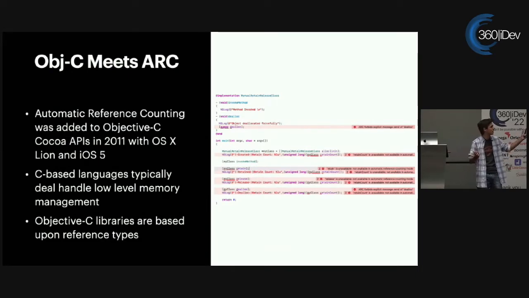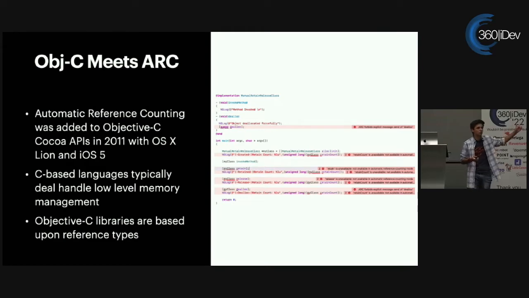See, Swift by now is still this piece within Objective-C. It hasn't really broken off yet. And when we try introducing this new Automatic Reference Counter to Objective-C, we run into some problems. You see, we are able to add it only to these Cocoa APIs at first, which is going to be your UIKit, Foundation. It's everything that makes your apps work. However, it really just doesn't vibe with the Objective-C stuff.